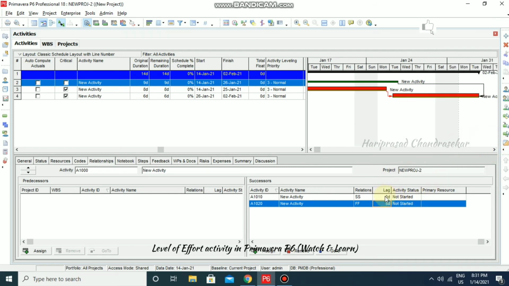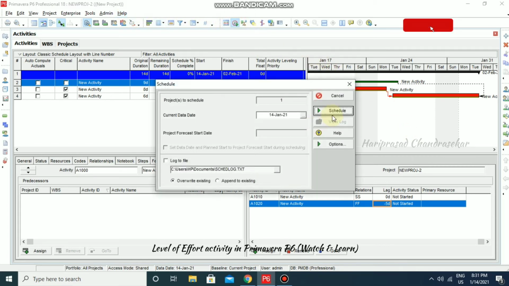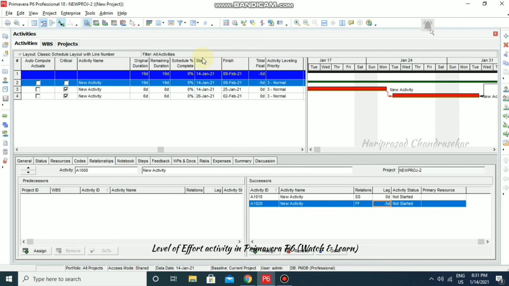So that is what lead and lag. So we don't have any lead option, so we can put minus in that case. So minus lag we can call as lead in Primavera. So I'm going to put minus 5. Now I'm going to schedule it. Now we can see normally it takes only 14 days.